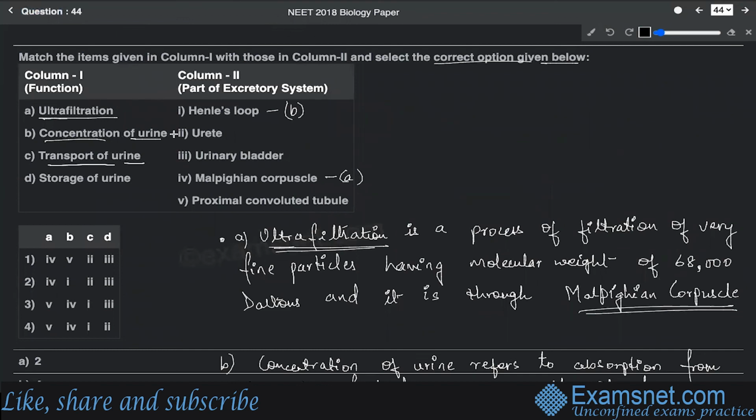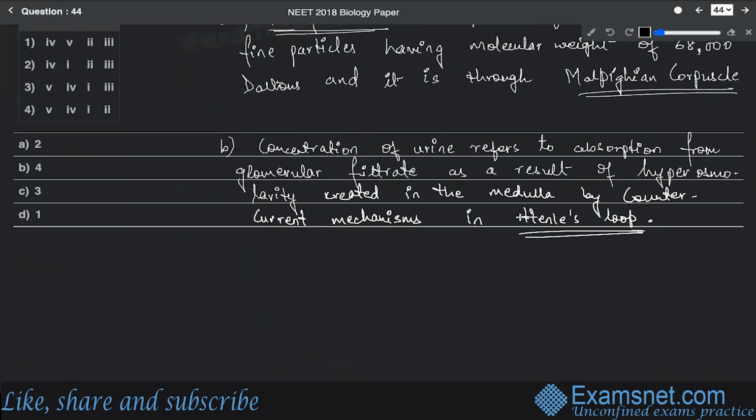Now with regard to the transportation of urine, we know that urine is basically transported through the ureter. All right. So this is going to be transported in the ureter part. So this is going to match up with C, and the storage of urine is done in the urinary bladder over D. All right. So we can say that urine is transported by